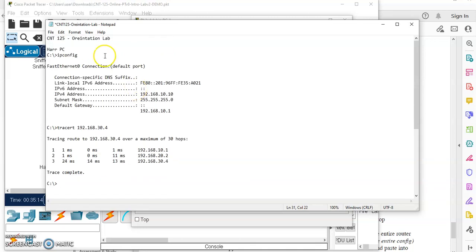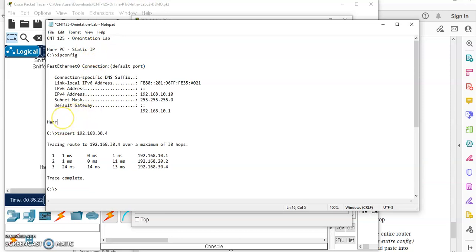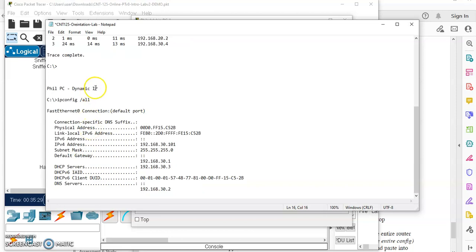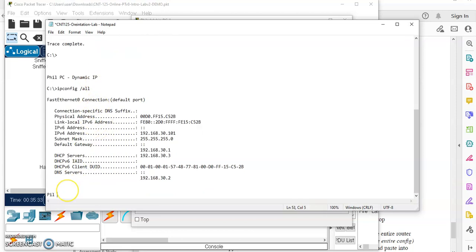And I might want to go up here and just do Harrisburg PC static IP. That way I know the difference. So there's our static IP, and this was our Harrisburg PC trace. Just so I know I have all my pieces. Static IP, trace. Here's my dynamic IP. And now we'll worry about the Philadelphia PC,